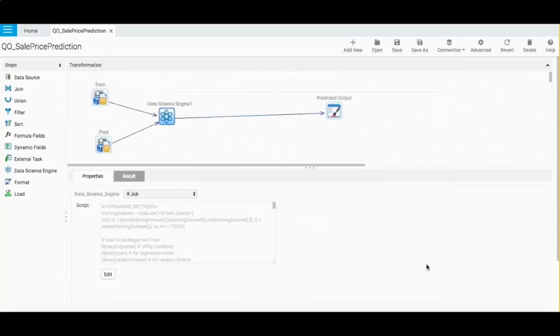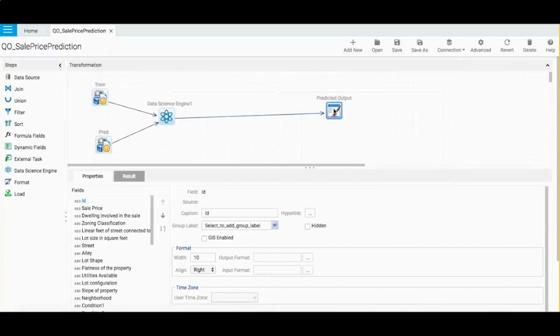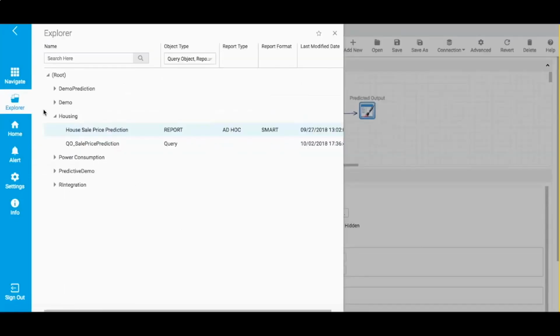If you go to the next step, that is the predicted output, which has the resultant fields. When we actually run this query object, that would process and then populate this step. So this would have all the field names in a user-friendly way.